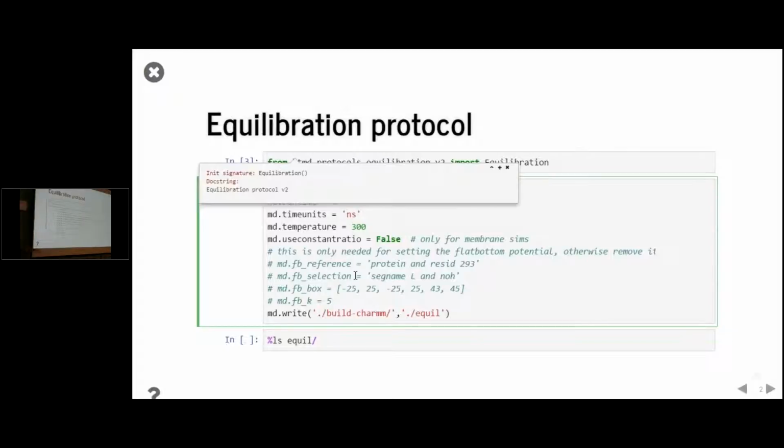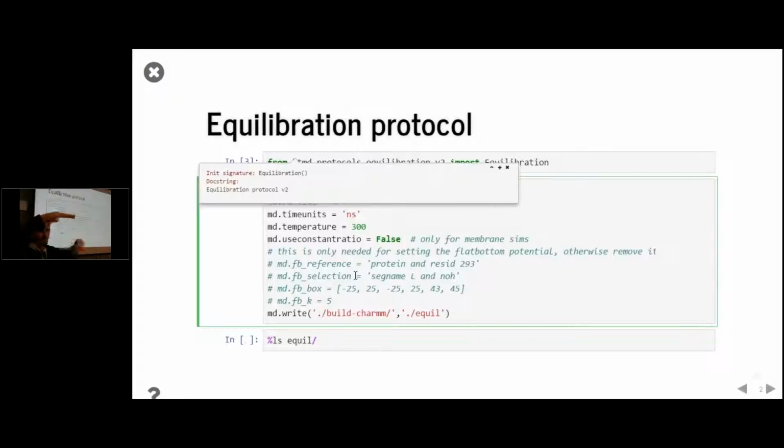And then you say how big this is, so it's minus 25 to 25, and from 43 to 45 Angstrom. So practically, we are in this way constraining the ligand between 43 and 45 Angstrom